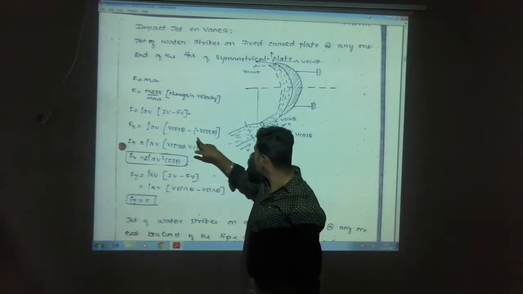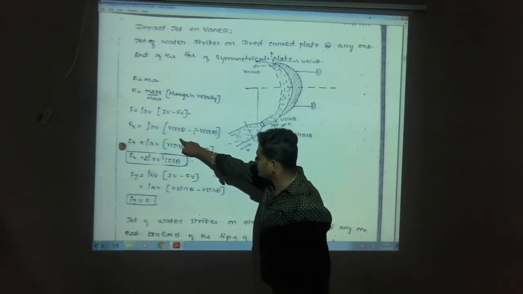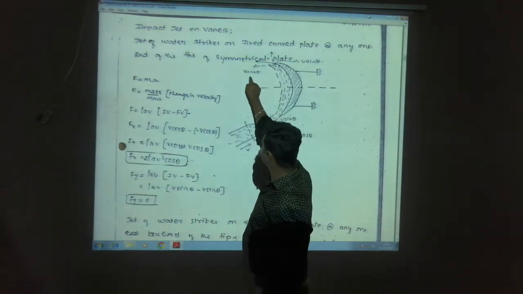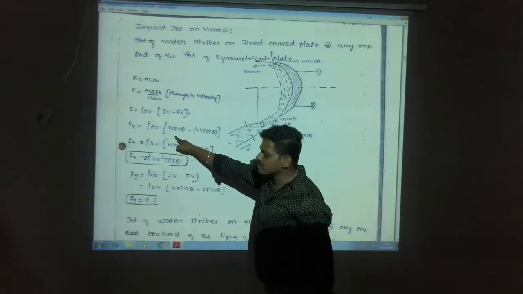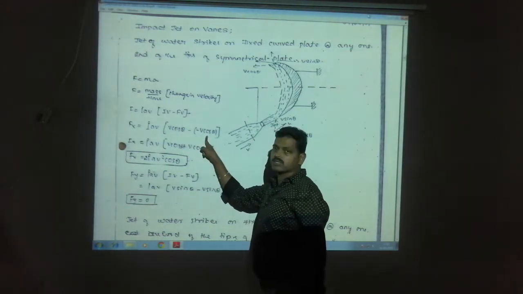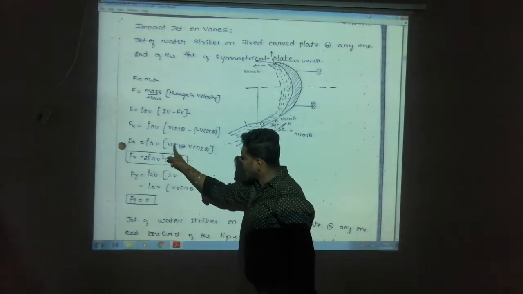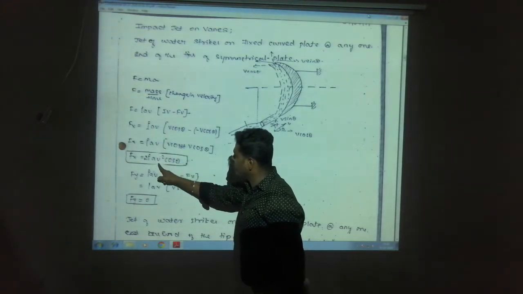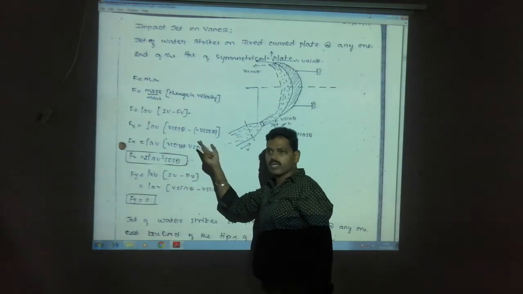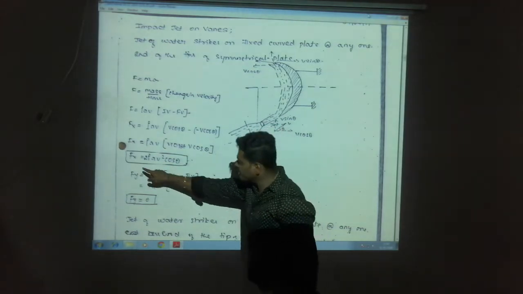Initial velocity here, with respect to horizontal, will become v cos theta, and final velocity here is going horizontal right side, here it is horizontal left side. So horizontal right side is plus, horizontal left side is minus. So initial minus final, so v cos theta minus of minus v cos theta, so minus into minus is plus, so v cos theta plus v cos theta. So here you can take v as common, then rho A V will become rho A V square into cos theta. So cos theta plus cos theta can be written as 2 times cos theta. That's why it is 2 times rho A V square cos theta. That is in terms of x direction.